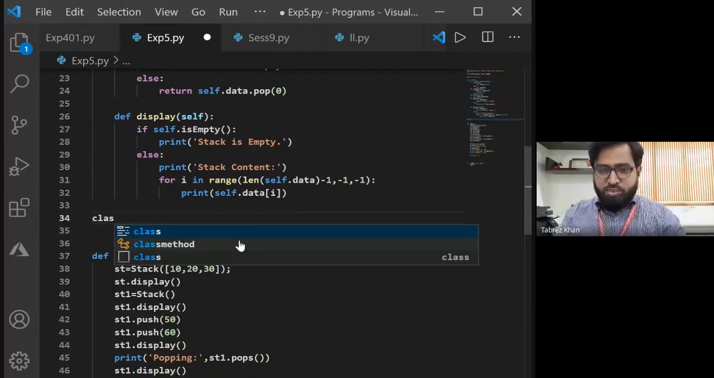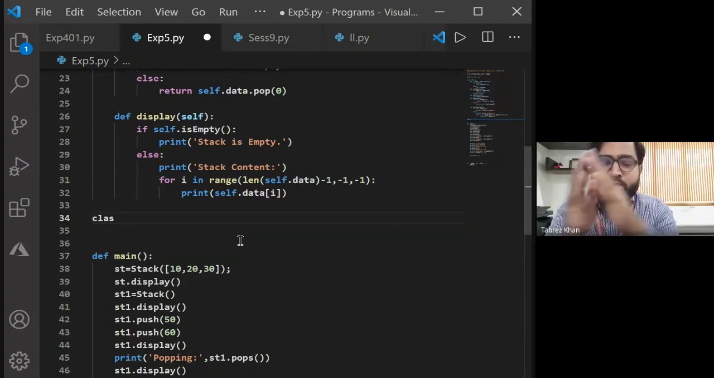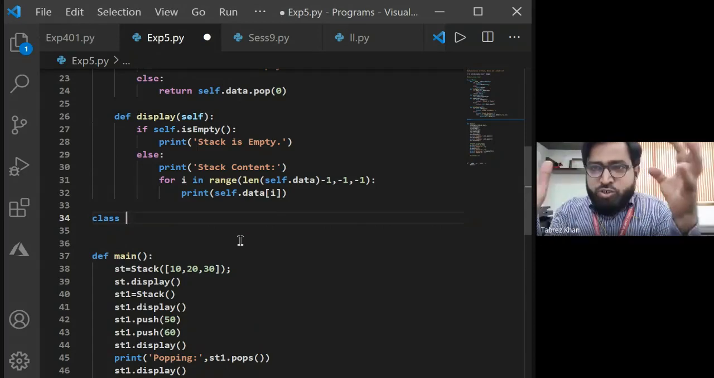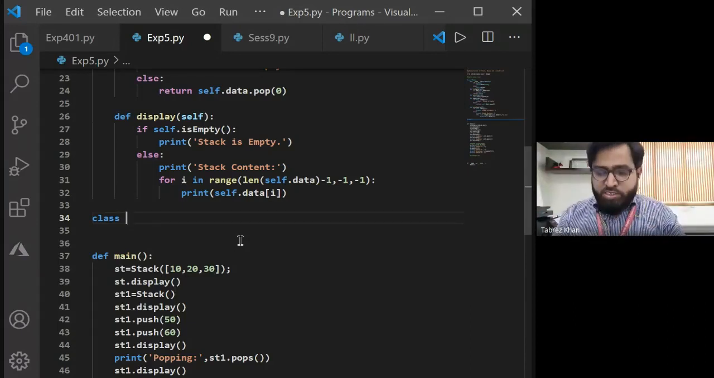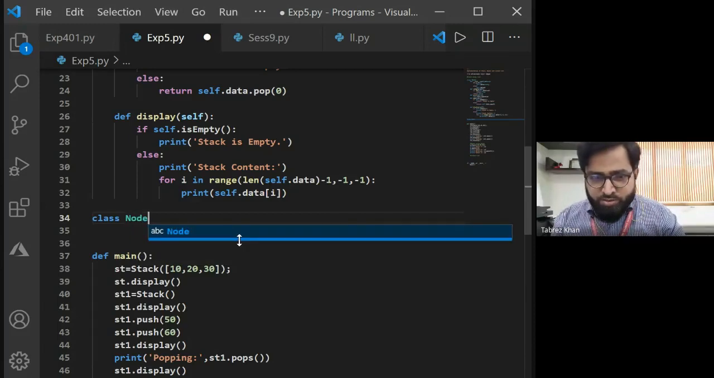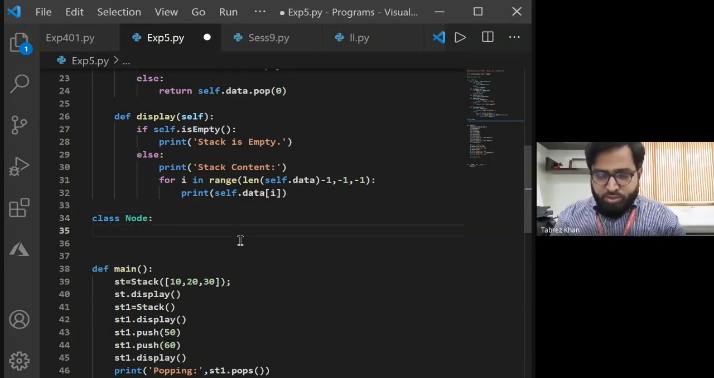Let me have a class. Now we know that a linked list is a dynamic data structure which is a collection of nodes, and these nodes are interconnected. And the node has two parts, a data part and the pointer part, or the reference part, or the next part. Okay. So let's define a class for the node. So I would be saying class node,